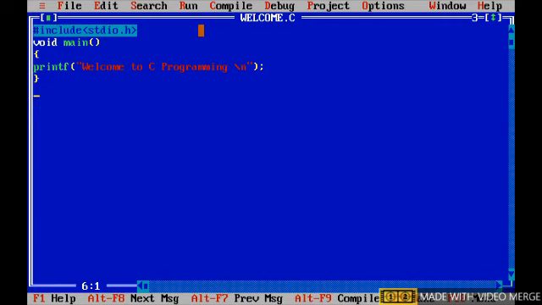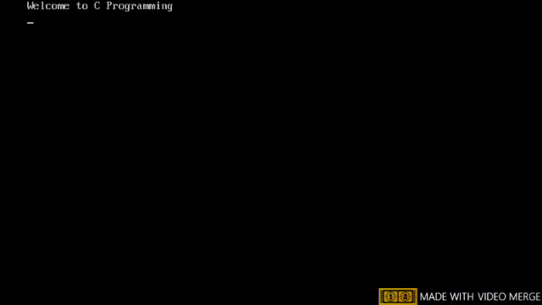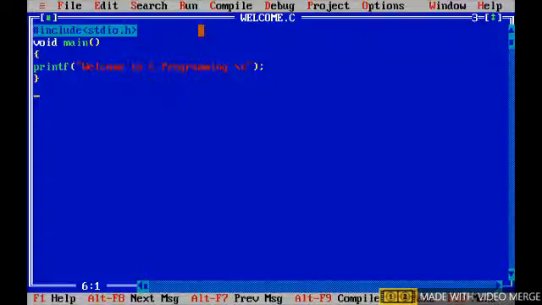To see the output, press Alt F5. It displays welcome to C programming. The program is executed successfully. This is the procedure to write and execute a C program in the software.